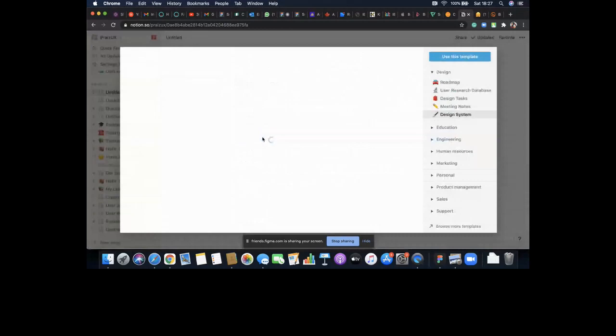Whatever you are looking for, if you come to marketing, there are different things on Notion. Meeting notes, content calendar, everything. Job applications, there's even a resume. I think I've used this resume for someone. Blog posts, there's everything that you need on Notion. Whatever department you are in, engineering or otherwise, you can even browse more templates on Notion.